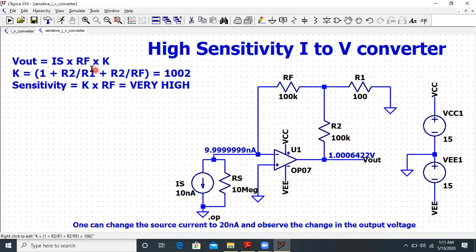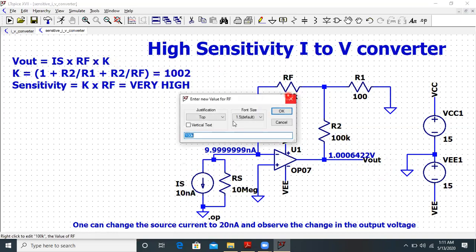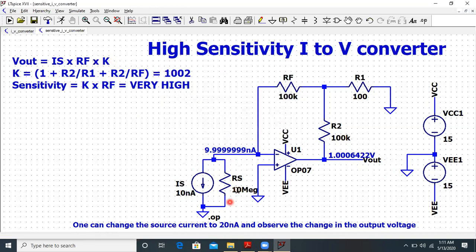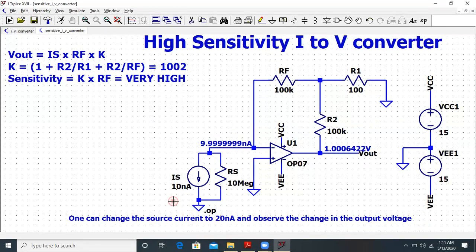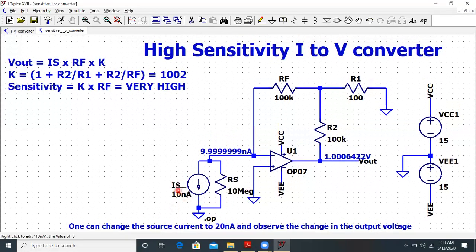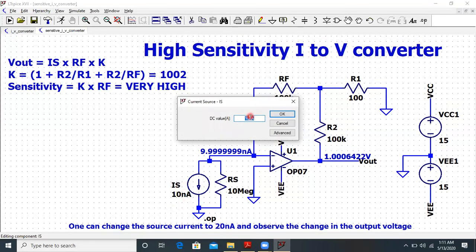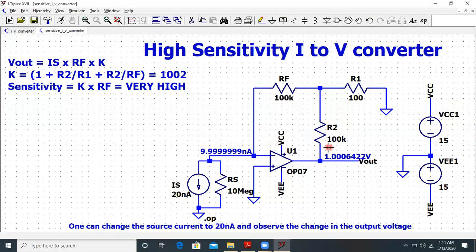If I change the value of RF, I may get a different value over here. Let's say 200K, you can verify it later. Or rather than changing this, I'll double the value of the source current. I can change the source current to 20 instead of 10, so my output voltage should also double.